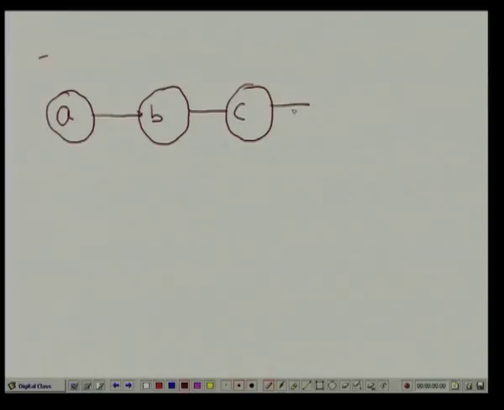I can say that, say A, B, C implies D. So, in this diagram I am just drawing the consequence as squares and the antecedents as circles. There may be another rule